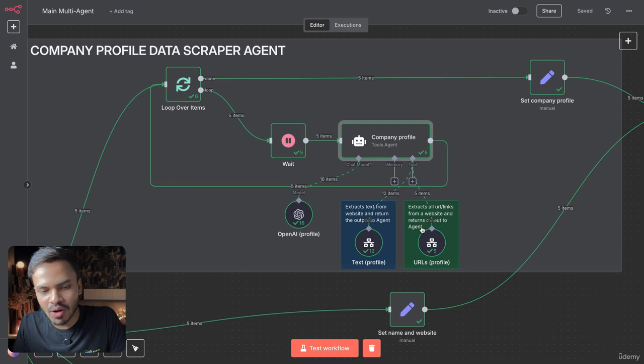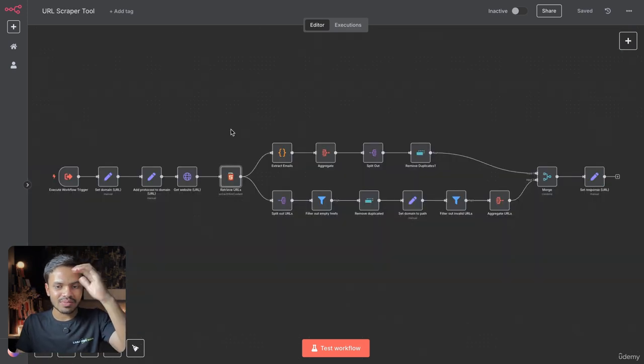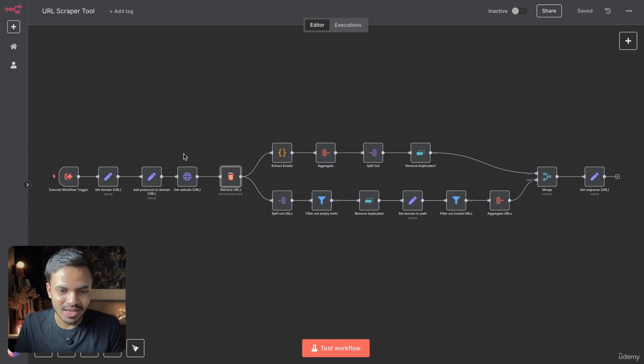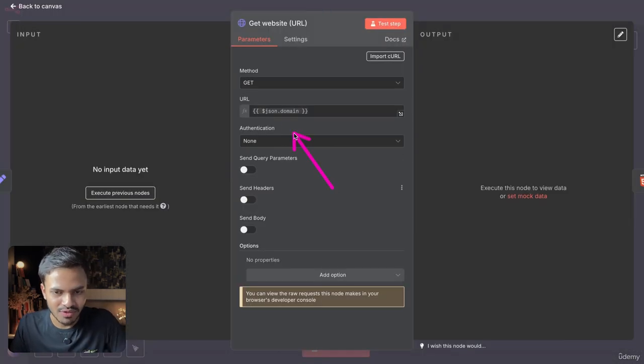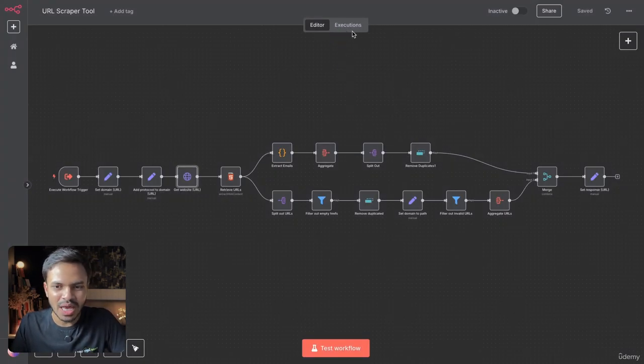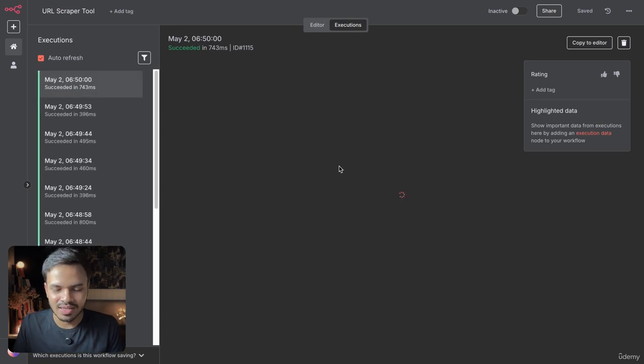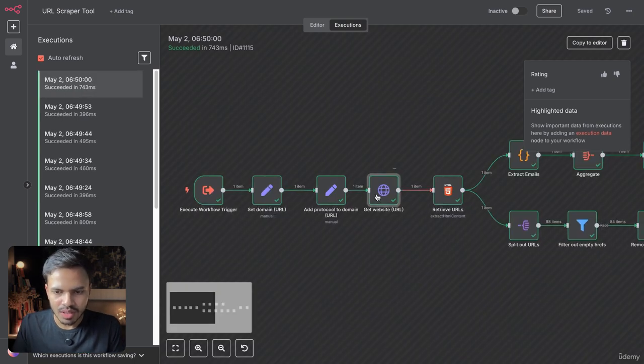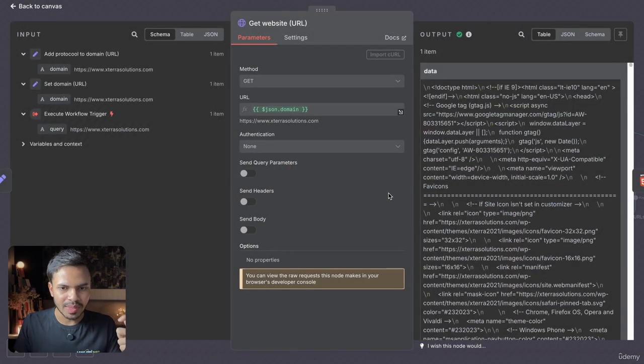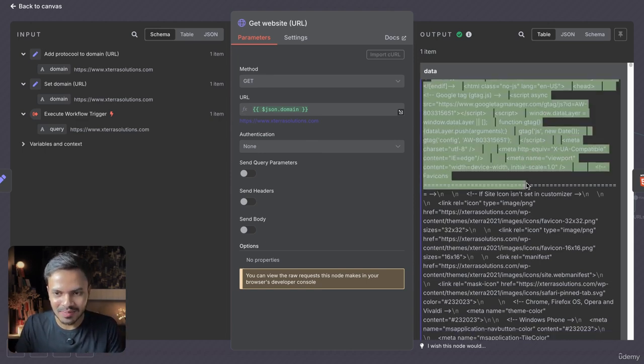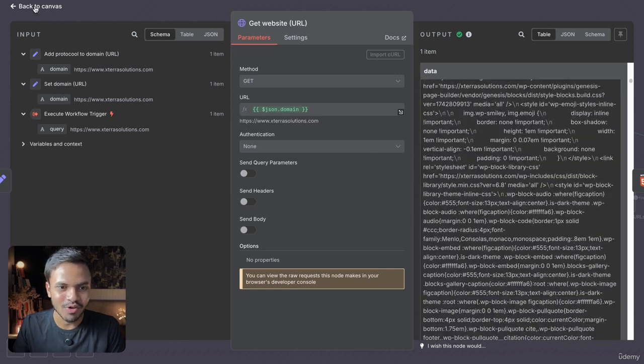First of all, let us talk about the URL sub workflow. Again, it is pretty basic, but I have added a lot of nodes. What we want to do is go to this website or domain. Let us go to execution so that you can see the result and not blank data. The domain that we get from SERP API, which is Xterra Solution, we will simply use an HTTP request and then enter the URL. It will scrape all the HTML content from that website. And what we will do is